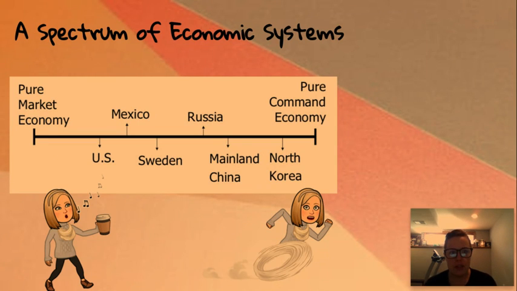I did just want to include this too, just so you guys understand. I call the United States a market economy. However, if you're talking about economists thinking of a pure command economy or a pure market economy where the government has zero input, no countries exist like that. And no countries exist where every single tiny little decision is made by the government. It's just not possible. But North Korea is probably the closest to a pure command economy, and the US is the closest to a market economy, where you kind of have Mexico and Canada, Sweden, Great Britain in this area. Russia and China are more towards the command spectrum.